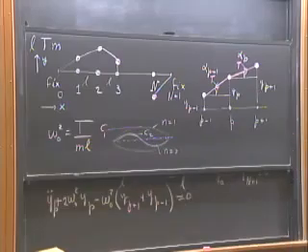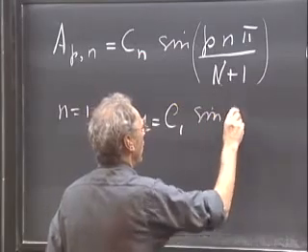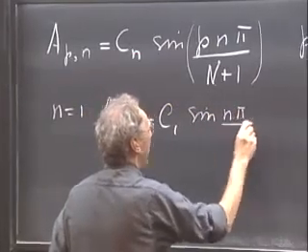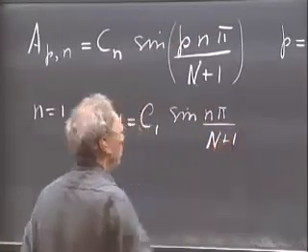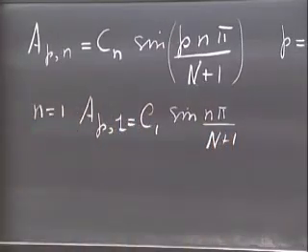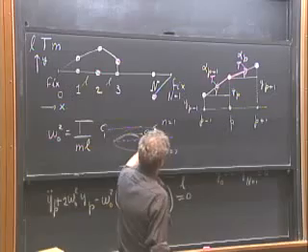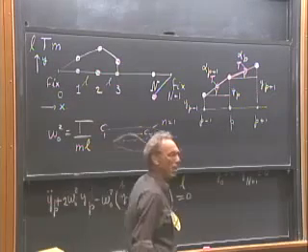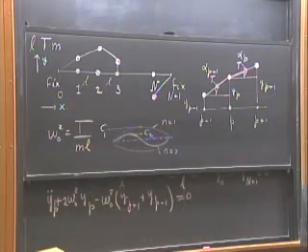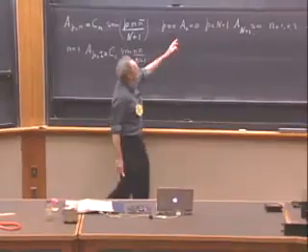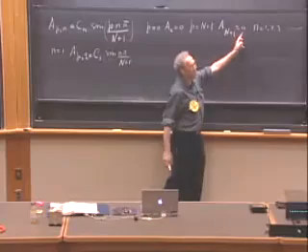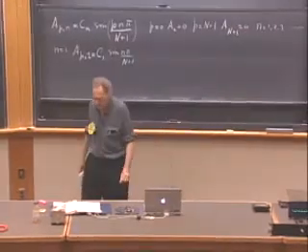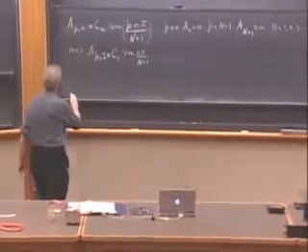And then you would have the sine of P pi divided by n plus 1. And you can indeed convince yourself that that is exactly this sinusoid with an amplitude C1. And you can also convince yourself that particle 0, A is 0, and particle n plus 1 is again 0, of course. And if you take n equals 2,